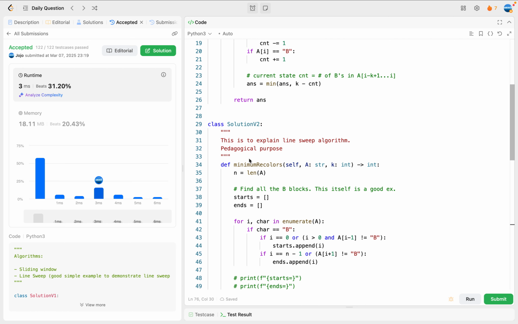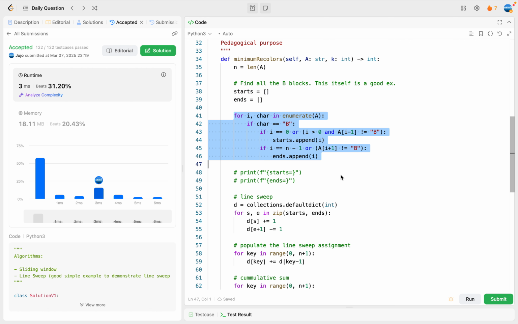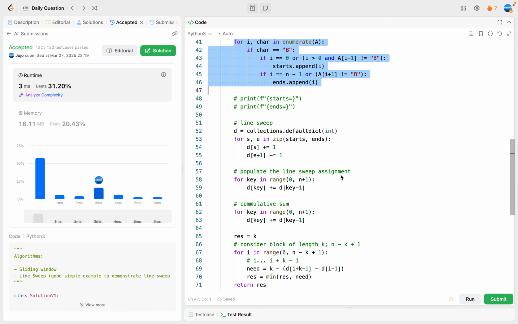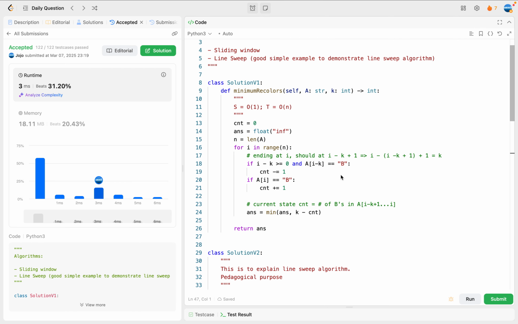But I guess in version v2, another thing of its own interest is how you get the starts and ends. You can practice yourself, and if you look at other people's coding, you feel this is very straightforward. But if you do it by yourself, it might be a different feeling. So anyway, practice makes things perfect, right? With that said, I guess that's it for the current video. Thank you for